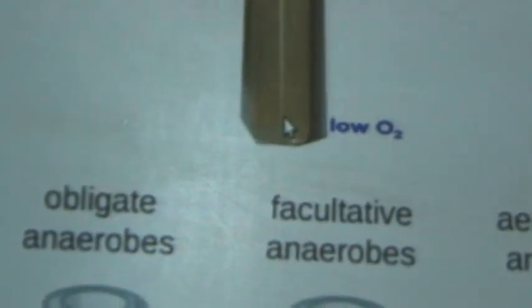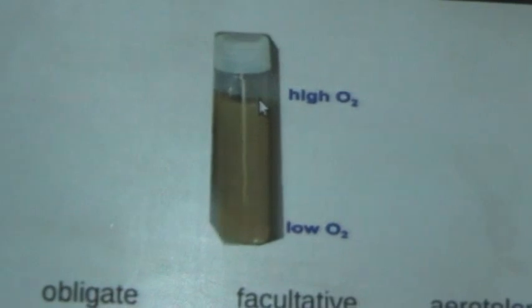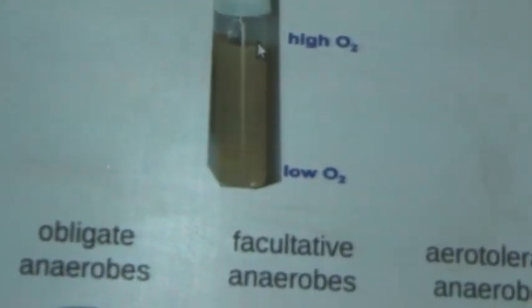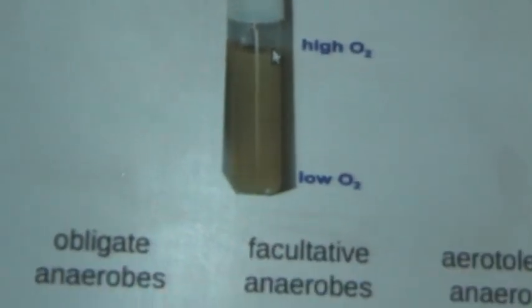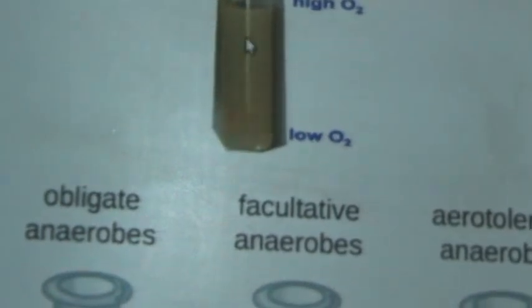This part of the agar has the lowest content of oxygen, whereas the top part here has the high content of oxygen. So depending on the amount of oxygen, various types of bacteria will grow at various depths of this deep